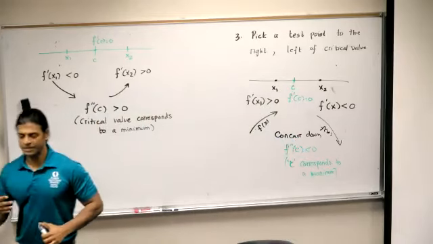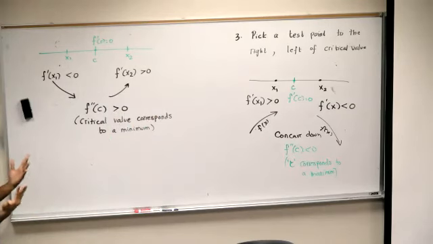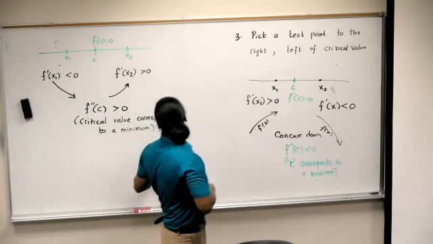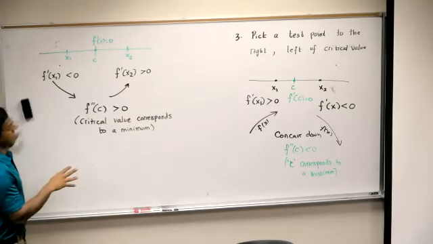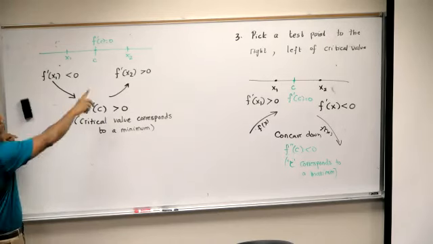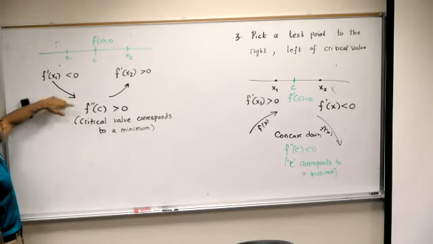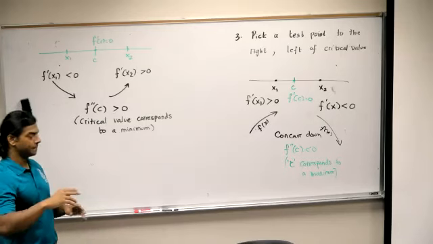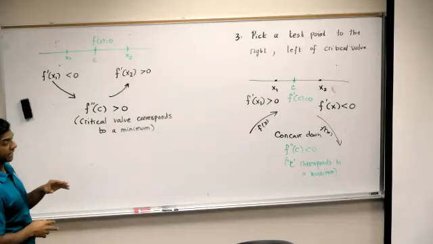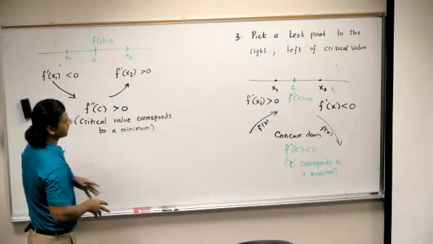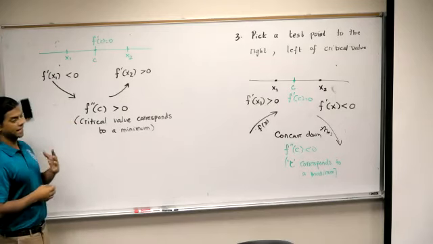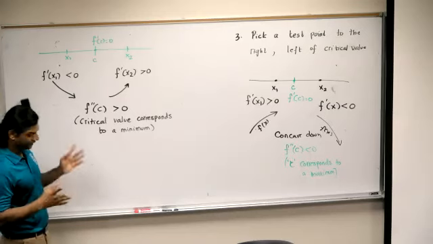Whatever interval that we explain has to be within the domain of the function. That is a given. It has to lie within the domain of the function. So are we clear? So just by looking at this behavior, one can determine whether the curve is increasing, decreasing, if it's concave down or concave up. Sometimes, if we have more than one critical value, the concavity will change. For instance,